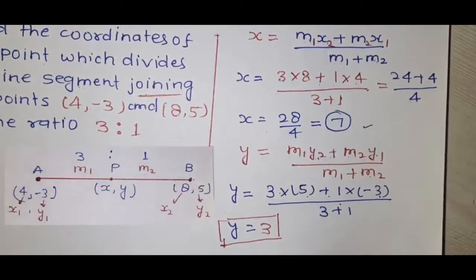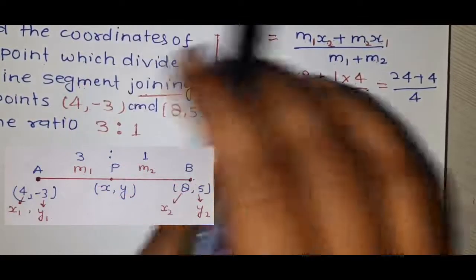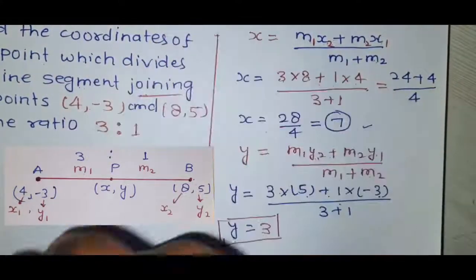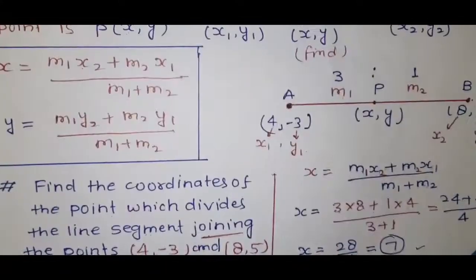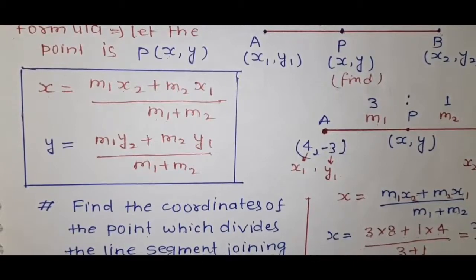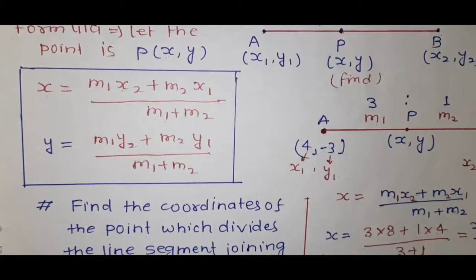But here we just have to discuss the point P, which divides the line segment joining AB, whose coordinates are given, internally in the given ratio m1 is to m2. So this is the formula by which we can find the coordinates of point P by putting the values at the respective places. One more important point is correlated with this: the midpoint formula. This midpoint formula is also very important. Let us see at a glance the midpoint formula and how it is generated. Let us move on.